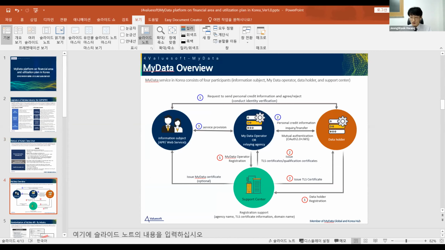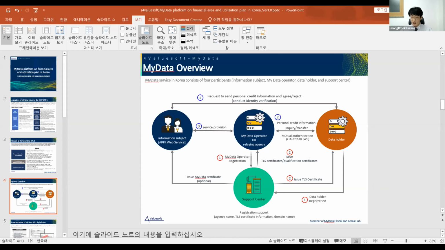I'd like to introduce Mydata in Korea briefly. Mydata consists of data holders such as the owner of personal information, institutions or companies storing personal information, Mydata business operators who want to use the data of the information subject, and the support center that guarantees stability in the movement of personal information.